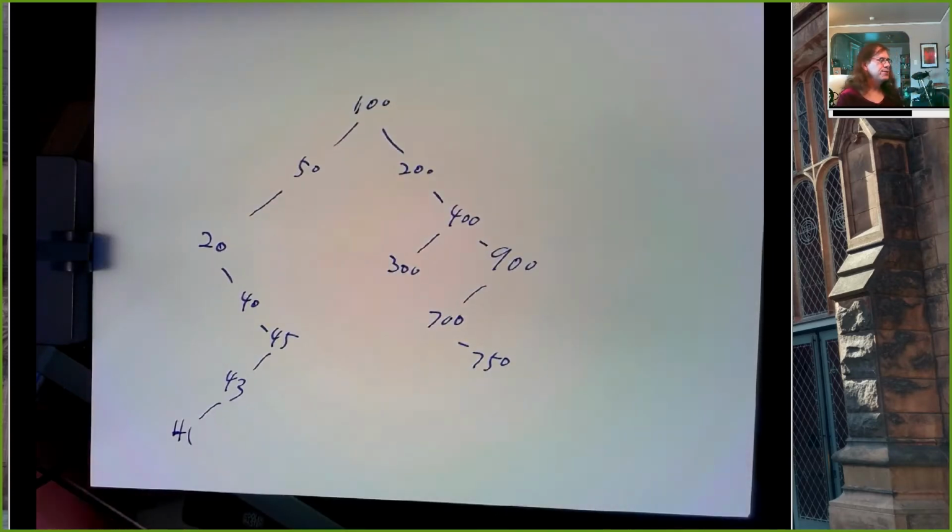Right, so there's a randomly drawn tree, and it's a binary search tree